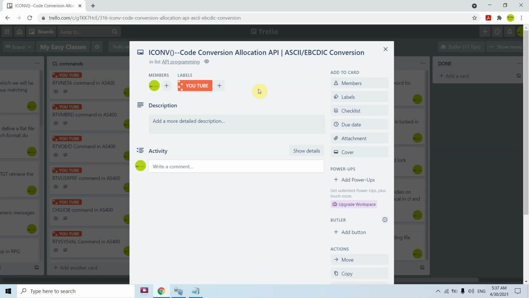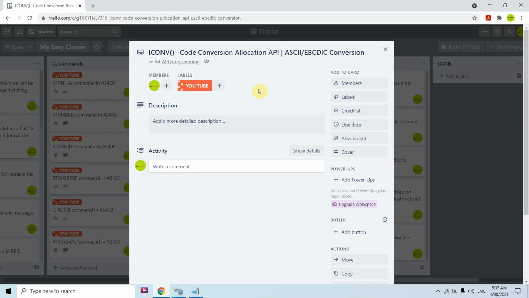So how are we going to handle such things? If you are converting your data to Unicode, it's okay when converting to a language whose code page is the same. Maybe the CCSID is different, but the code page is the same.